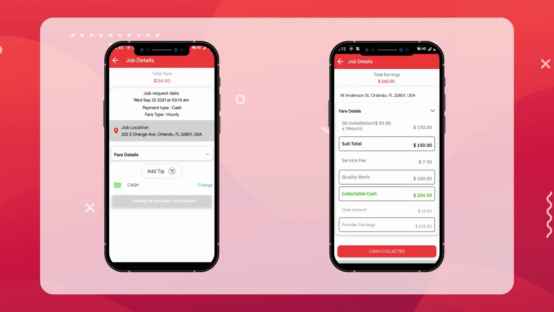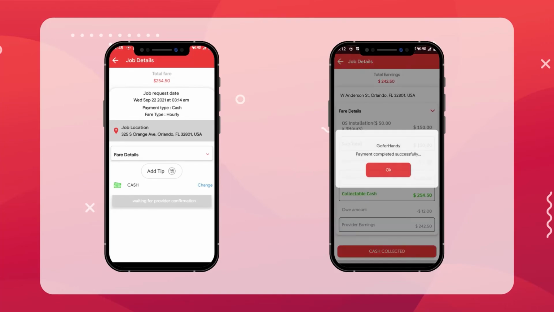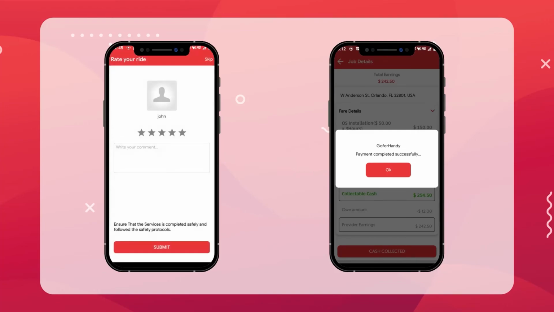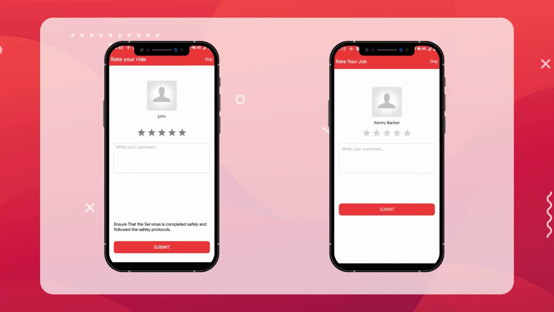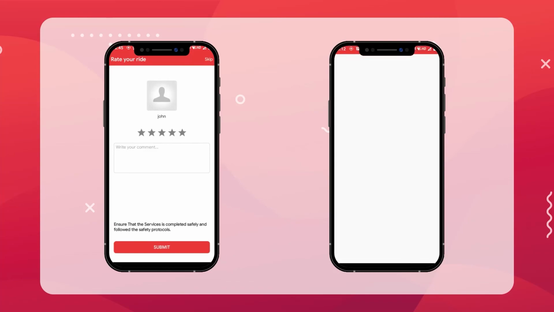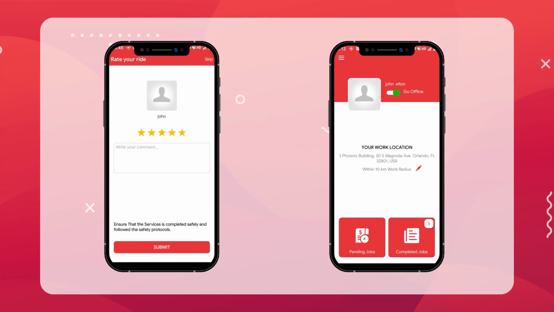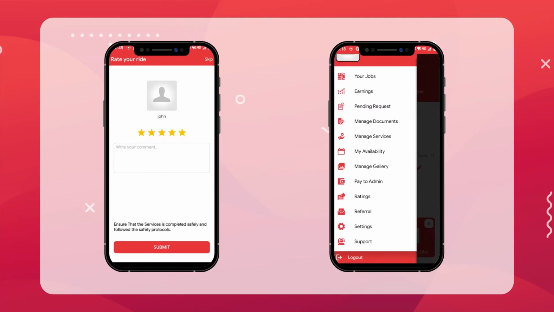Once the provider has received the cash from the user, the provider will select the cash collected option. On confirming the user has made the payment, the user and the provider will receive the rating page. Using this option, the provider can give the rating on the user, and the user can give the rating on the provider.